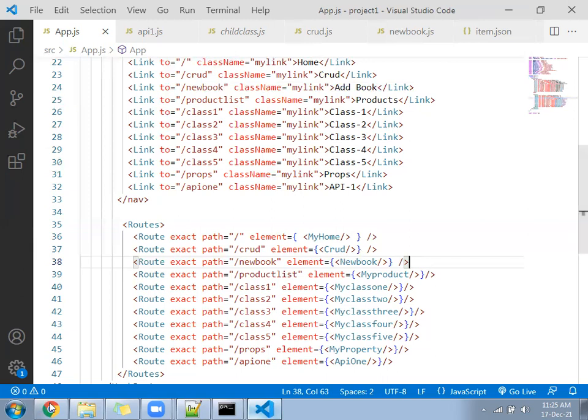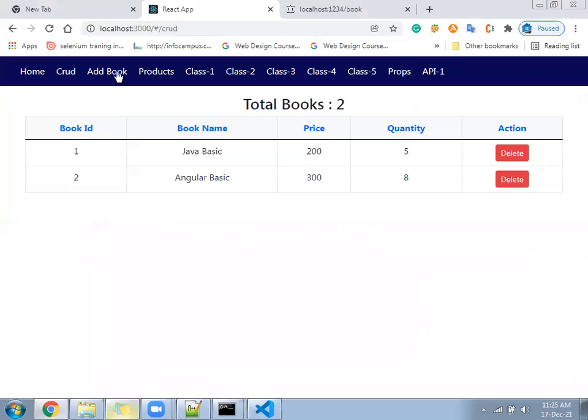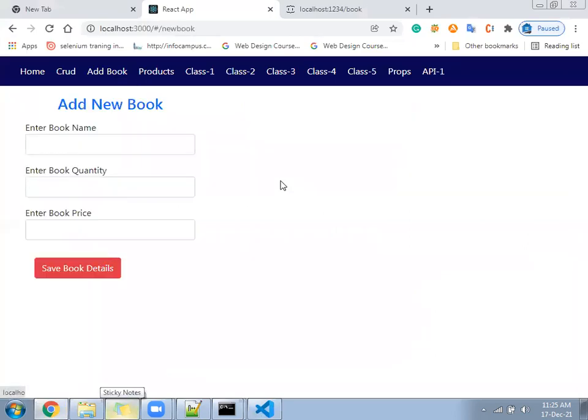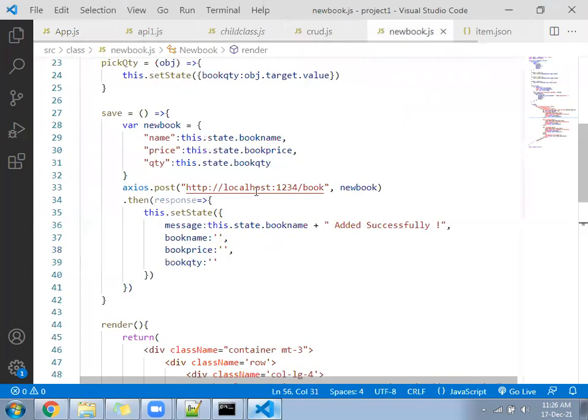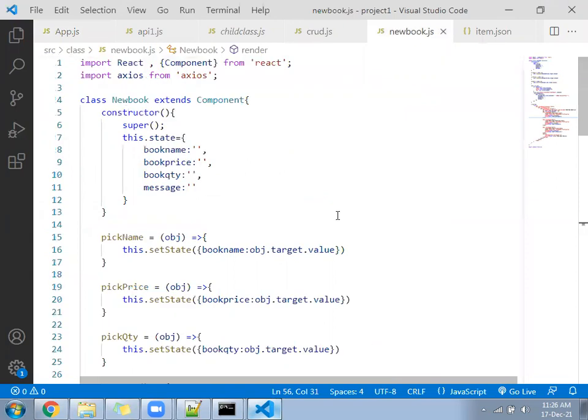So hope you are able to add the data. New book. Book name, Python or CSS, book quantity 3, book price 600. Quantity is not coming. Why? Did I make any mistake?